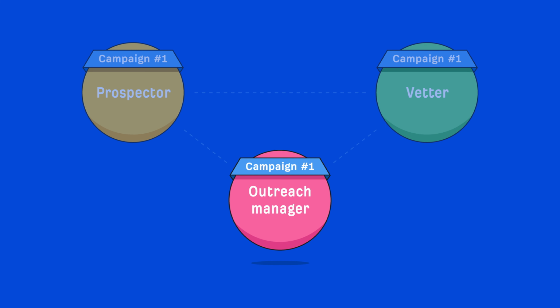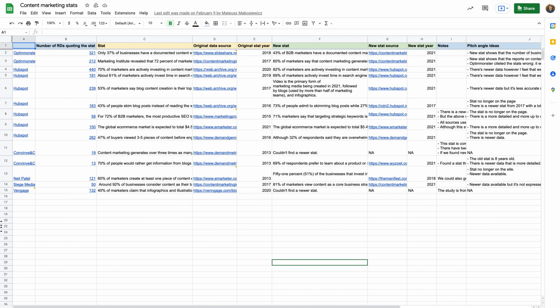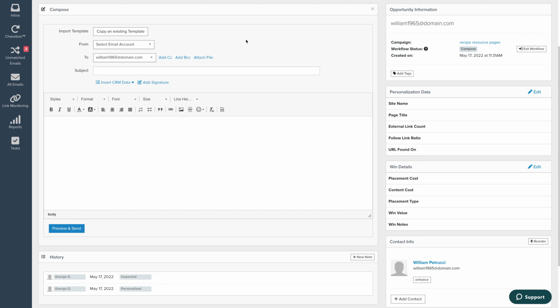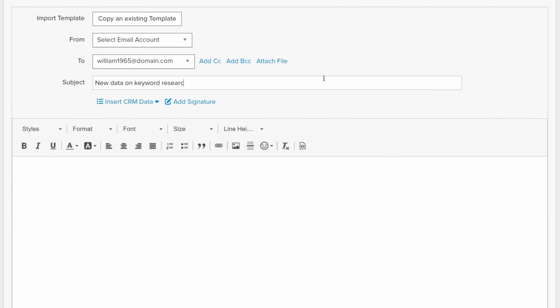All right, let's move on to the outreach manager. Now, we need to rewind a bit here because the outreach manager's work is dependent on the prospector's and vetter's deliverables. So again, before the prospector merged and cleaned the prospects list, the outreach manager was given a sheet like this, where the linkable points or segments were outlined along with additional details. So while the prospector and vetter are doing their work, the outreach manager will be busy writing email drafts for each segment and templating them, just as I had shown you in lesson 4.3 in the outreach module. Once they've done this, they need to set up the campaign in their outreach tool, and this will vary based on the tool you use.